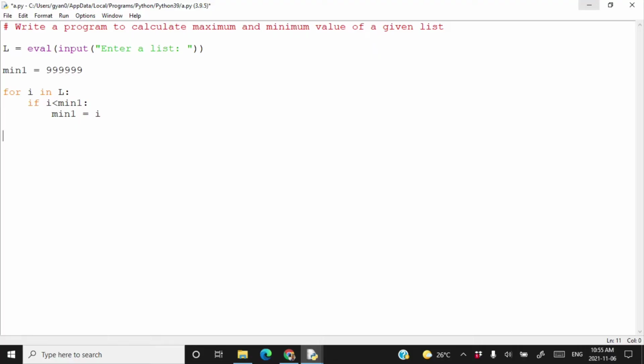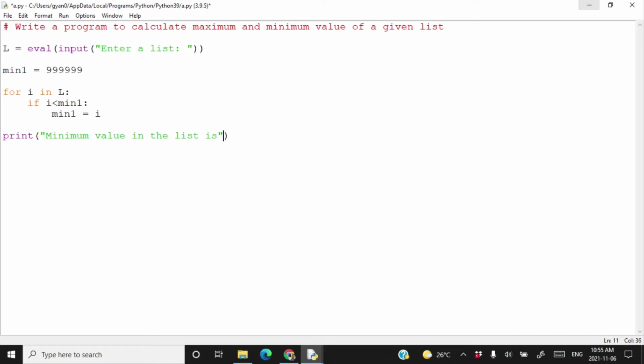After that, just print the value of min1. Minimum value in the list is min1.